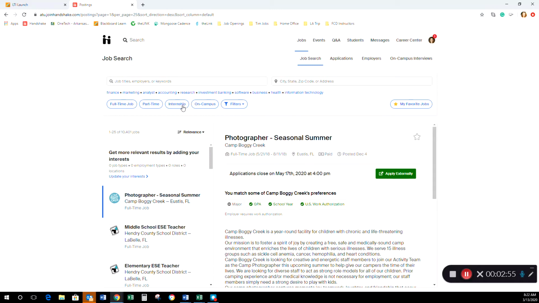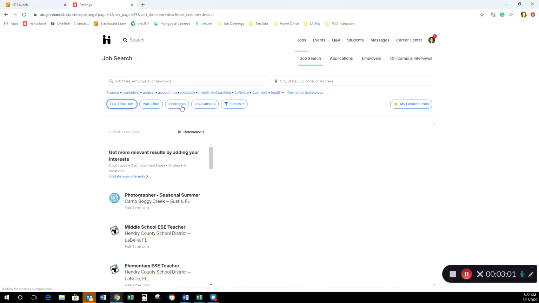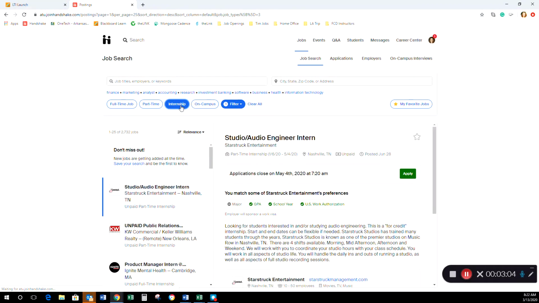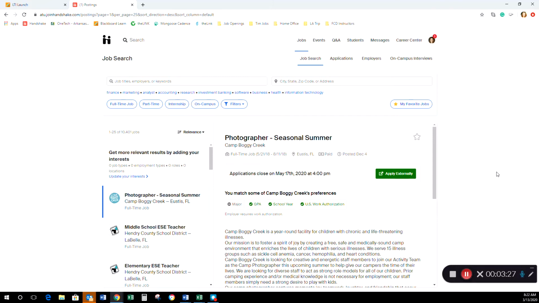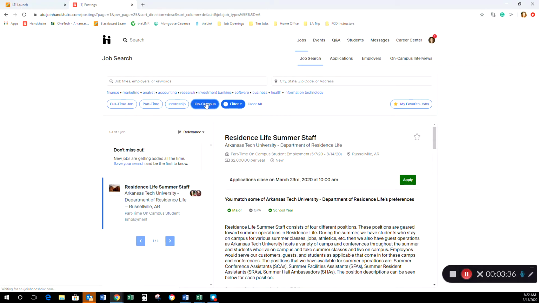You'll also notice there are some buttons here to help you filter out full-time jobs, which are going to be completely different than internships. If you're a current student, go ahead and use the internship button to see if there are some internships, co-ops, practicum, field experience type things that you can take advantage of or use as a learning opportunity while you're still in school. Additionally, we love internships because they help you get more training for after graduation. Also, because we know some of you all have qualified for work study or do not have a lot of transportation, the on-campus button will filter out just positions that are being advertised on campus right now.